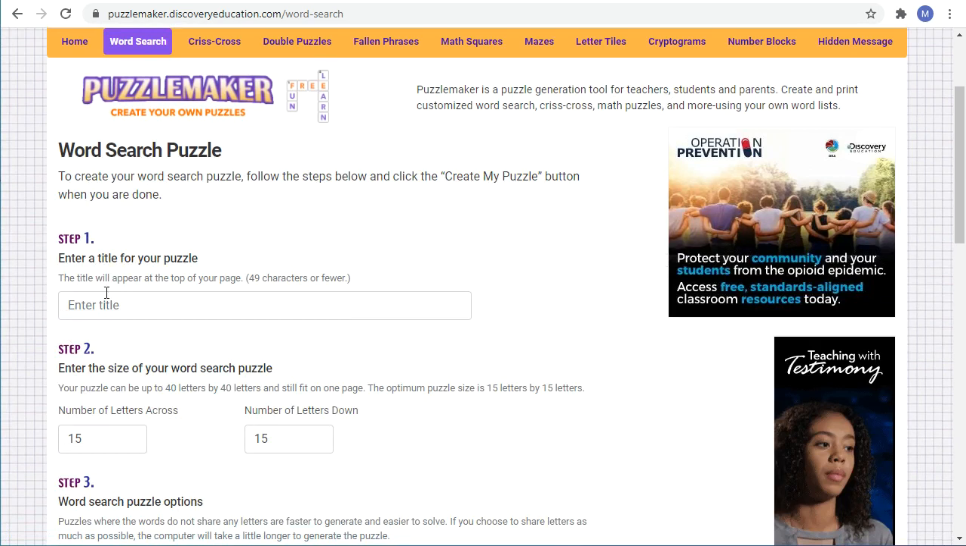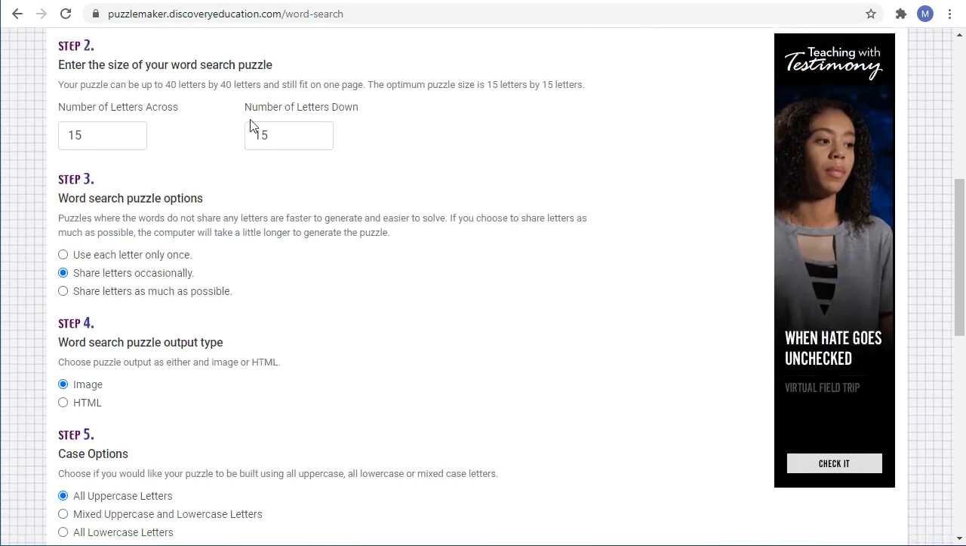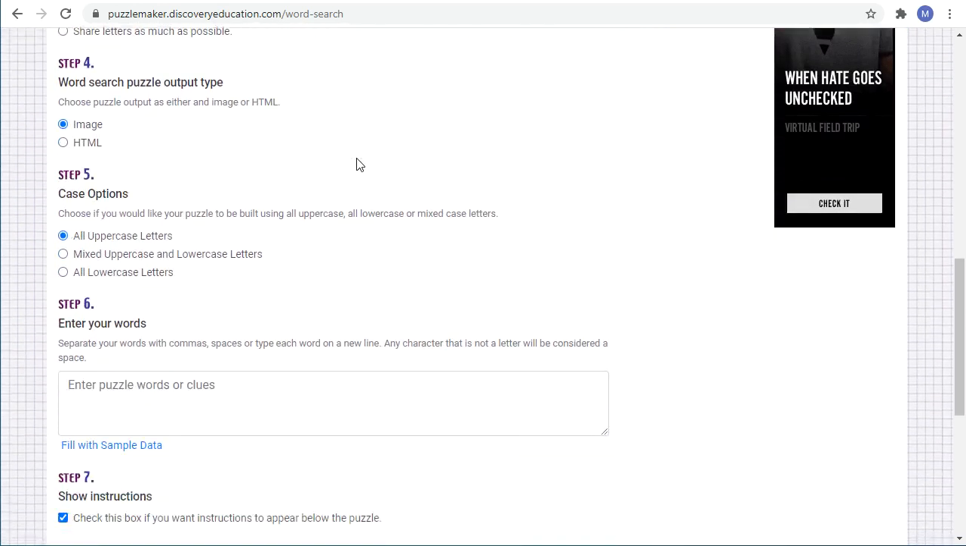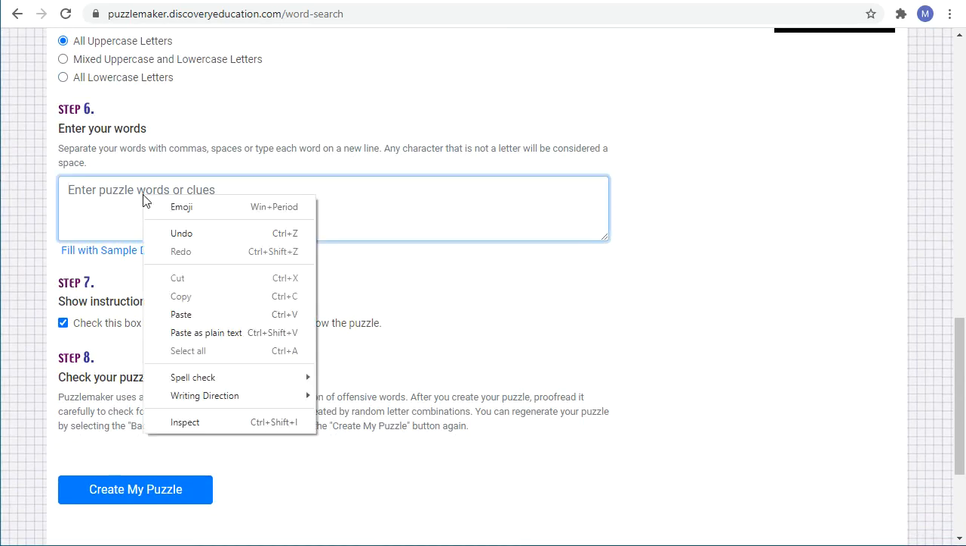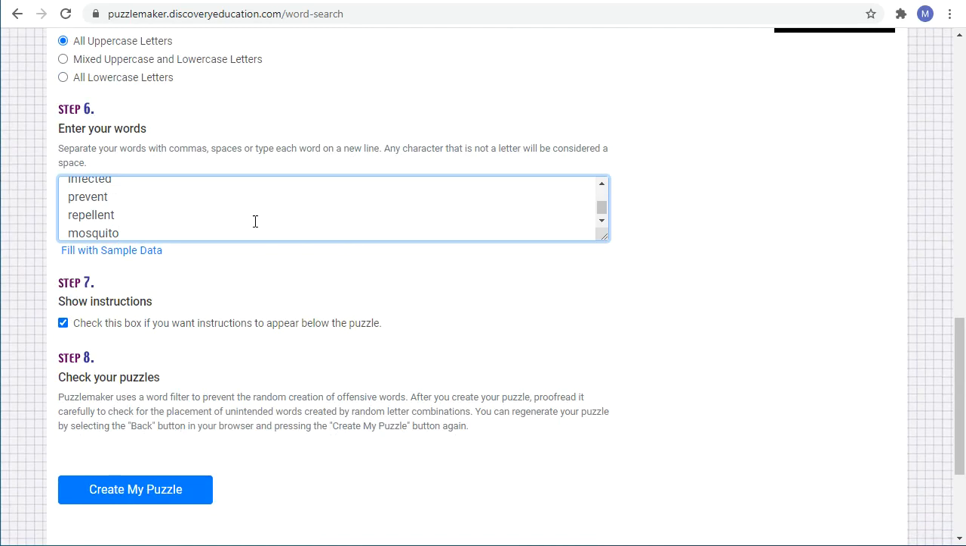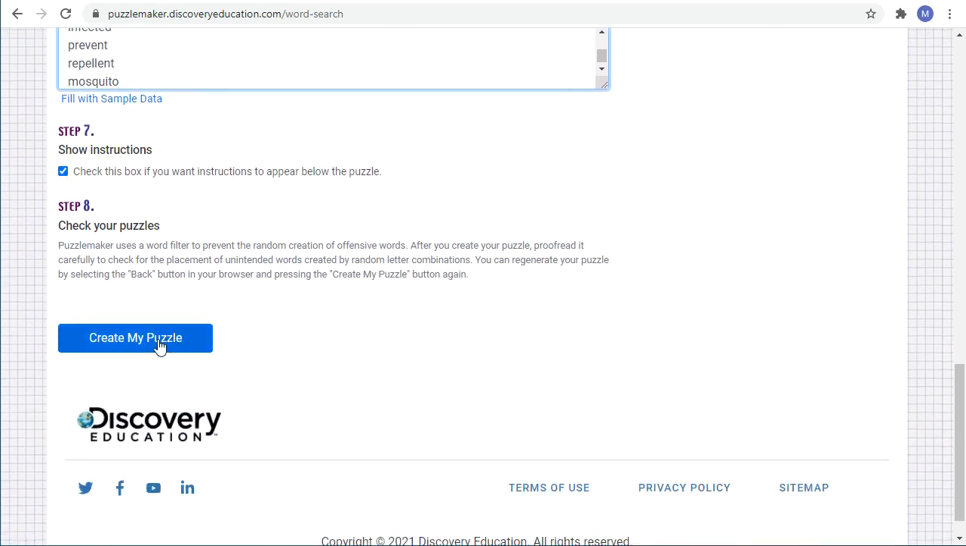put in the title, and here I set it with 15 letters across and 15 letters down, and all we have to do is enter all the words here. So one time copy, one time paste, and check this box if you want instructions to appear below the puzzle. Yes, of course. And all you have to do is click on create my puzzle,